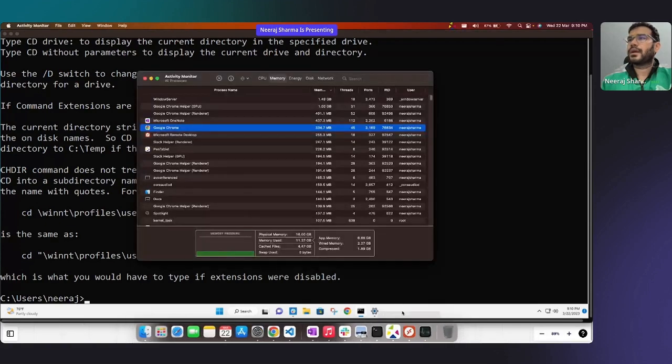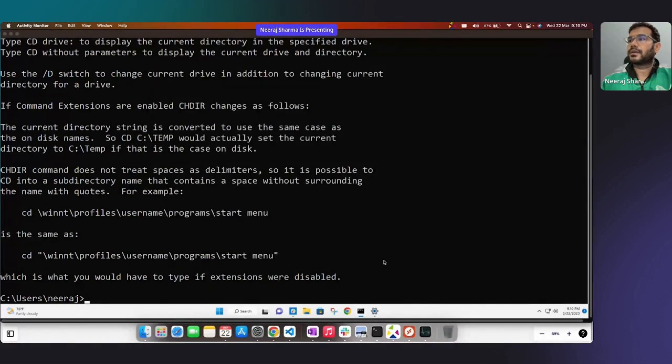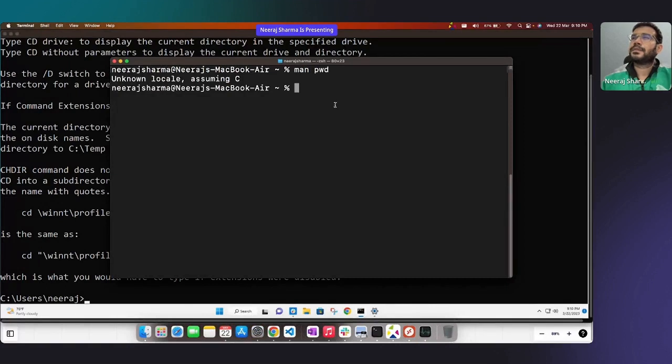Fine. Now, close this activity monitor. So this is our terminal. I know by using pwd that I am inside this directory. When I say directory, you can consider this as a folder. That means I'm currently inside